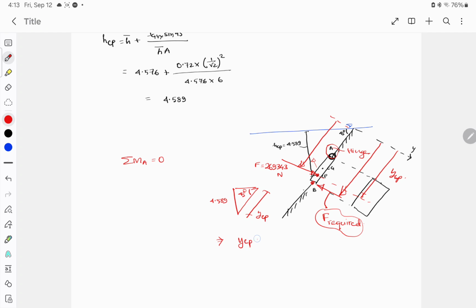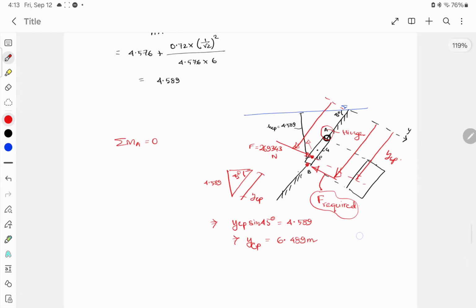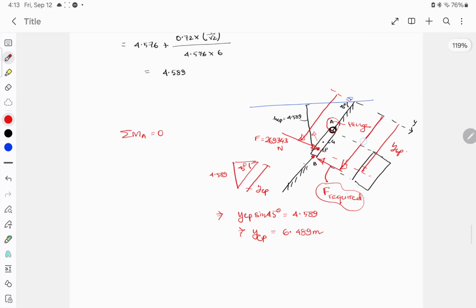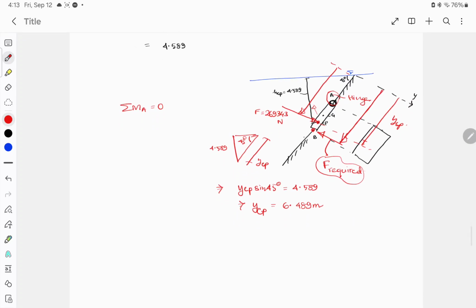तो YCP कितना होगा, YCP साइन 45 डिग्री इक्वल टू 4.589, दैट इज़ YCP कितना आ जाएगा आपका, 6.489 मीटर। ओके, वैसे ही हमें ये डिस्टेंस चाहिए, ये वाला डिस्टेंस कैसे निकालेगा, ये बड़ा वाला ट्राइंगल लेना पड़ेगा।